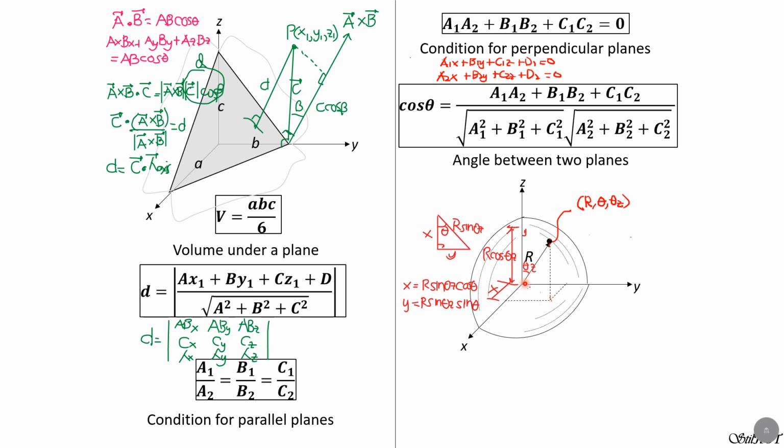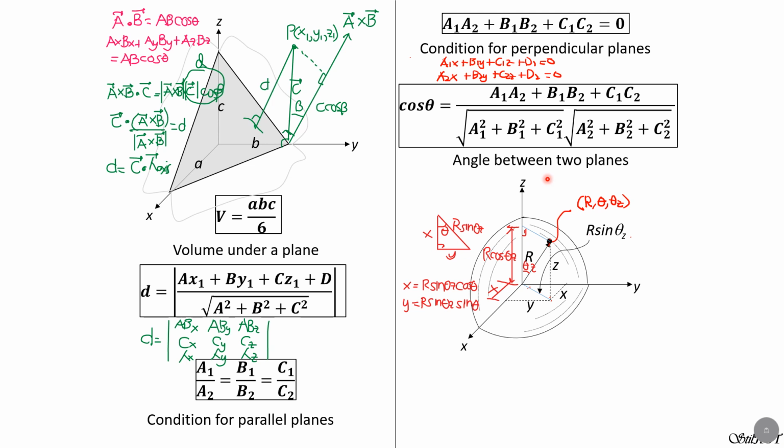Remember? Then from O to this on the xy plane, that's small r, remember? And small r makes an angle of theta with the x-axis. So this is the x-coordinate, y-coordinate, and z-coordinate. So let's now define these rectangular coordinates in terms of the radius of the sphere, theta z and theta in spherical coordinate system. So that's small r, that's square root of x squared plus y squared, but that is also equal to this length, and that is R sine of theta z.